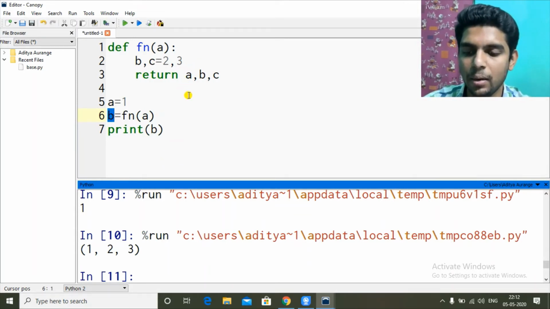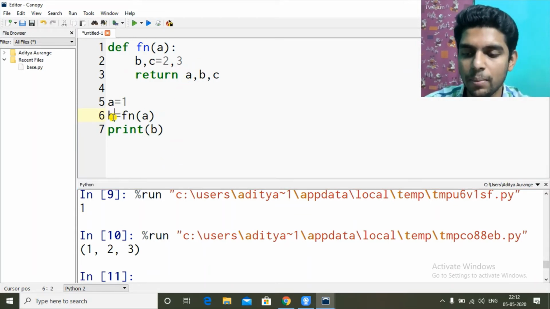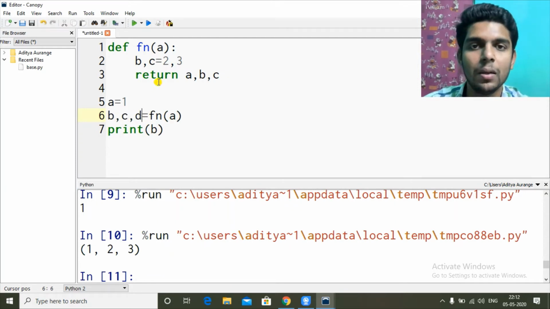Then I'm printing it. Let's say I add more variables here, exactly the same number as the number of values I'm returning. So b, c, d will receive a, b, c respectively. Let's print.